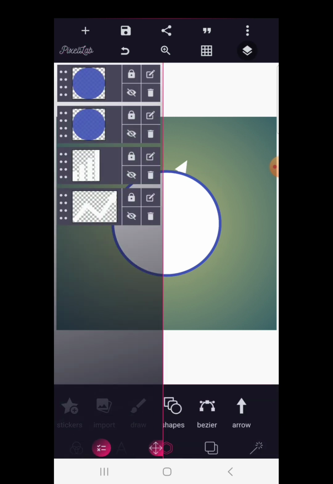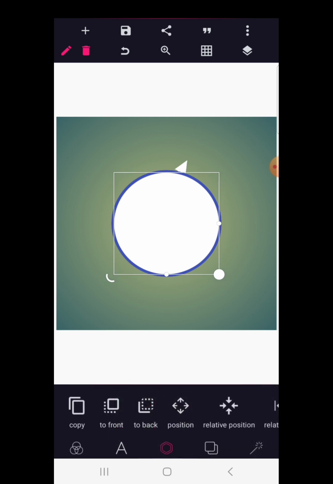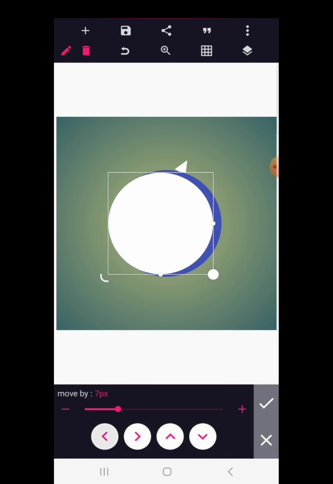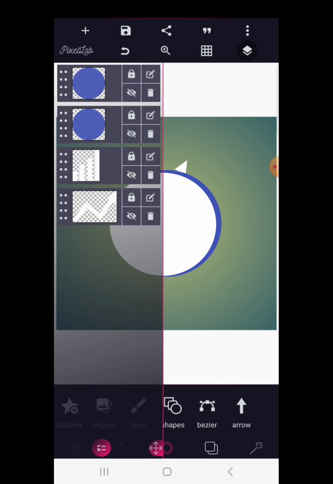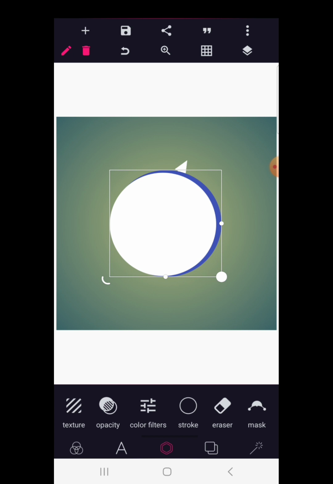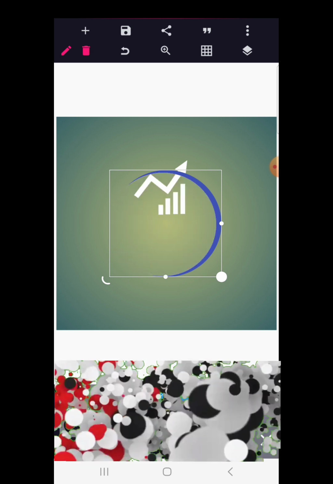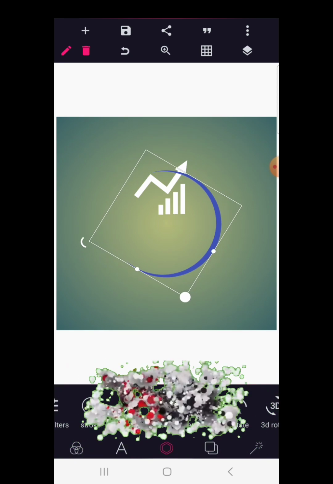Let's centralize the first one also. Good. Click on the white and using position button, shift it a little bit. So let's increase it a bit. Good. Now go to layer, merge the two circles, then nicely go to erase color and do away with the white color. So we're going to rotate this,